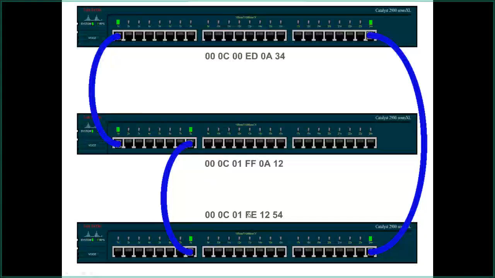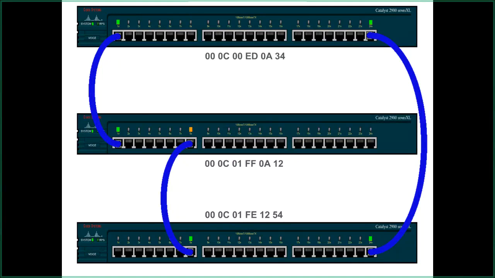FE is lower than FF, so I'm going to shut down the one that costs the most, which according to the bridge ID that is sent between the two ends of this cable, this is the most expensive source. So I'm going to close that port,